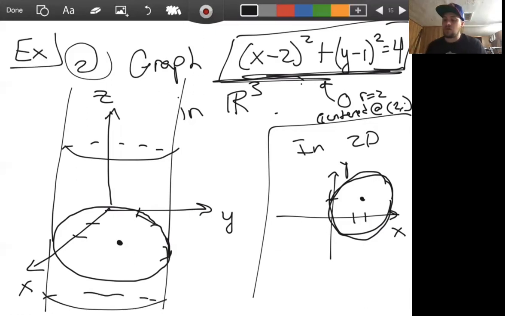And if you can imagine doing that, no restriction in z, this gives me a cylinder. The graph of (x - 2)^2 + (y - 1)^2 = 4 is a cylinder of radius 2, right? This distance here is 2. So it's like an infinite Pringles can, if you will. And so I wanted to go through these examples so we can start to see what surfaces are represented by what